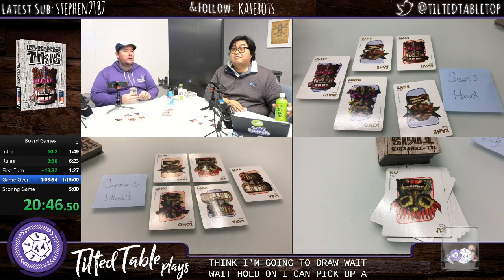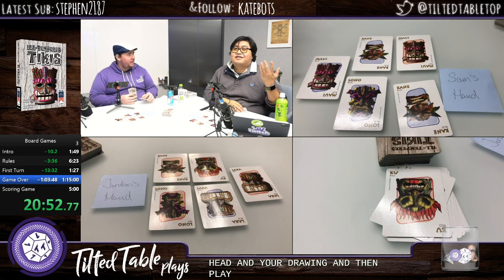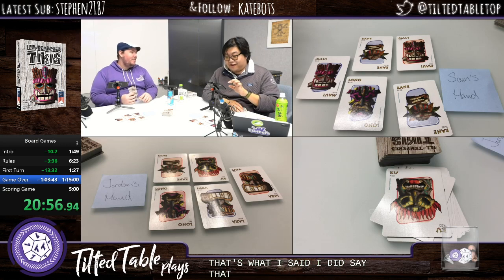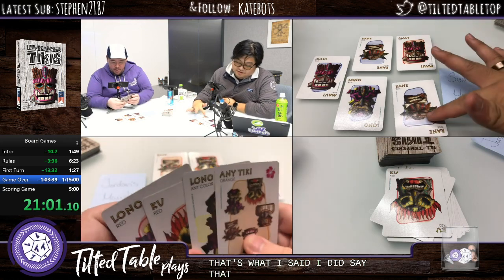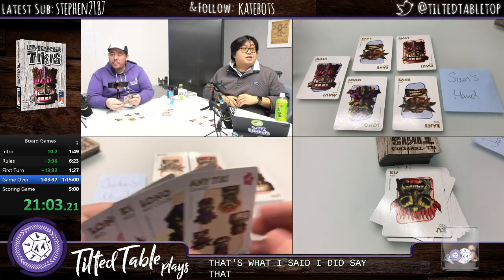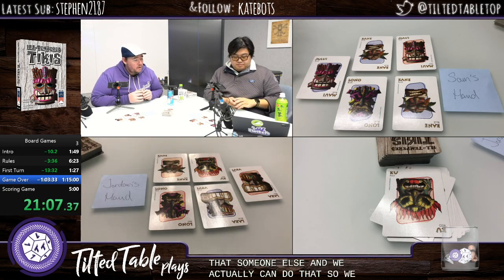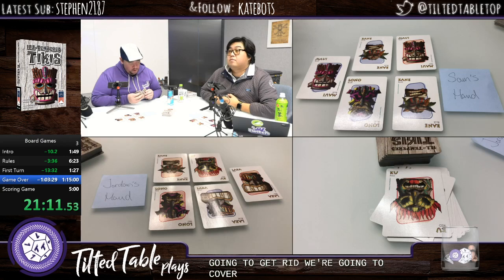Wait, hold on. I could pick up a card out of discard and not play it? Yeah, it just goes in your hand. You're drawing and then playing. That's what I said. I did say that. You draw, then play. So here's what we got, chat. And we have to play a card on someone else. And we actually can do that. So we are going to cover up your...